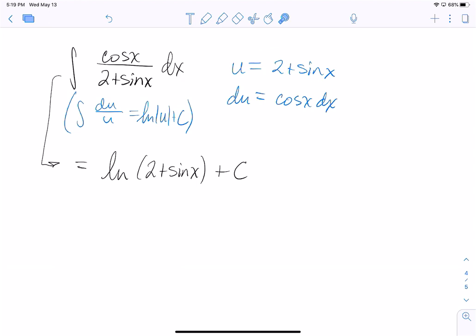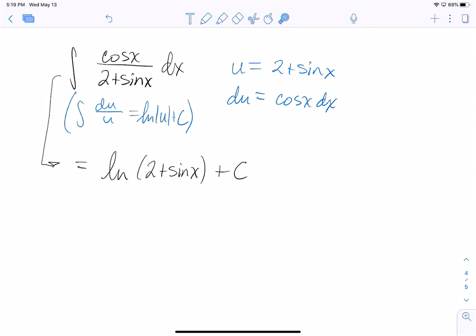I'd like to see us move to doing some of that work in our heads. And so to recognize that the cosine of x dx is our du, and the denominator here is our u. It's fine to write it off on the side. It's fine to do the u substitution, but mental math is good too. Anyway, the result is natural log of the denominator, so natural log of 2 plus the sine of x plus